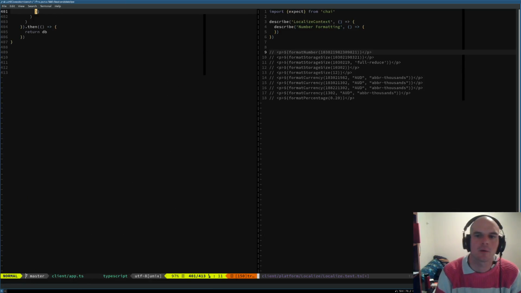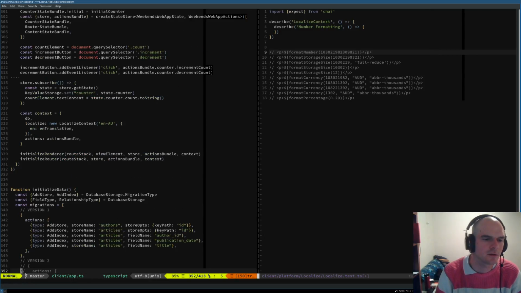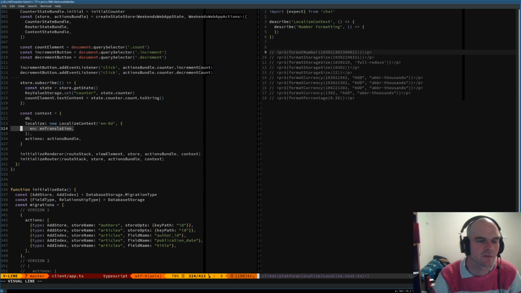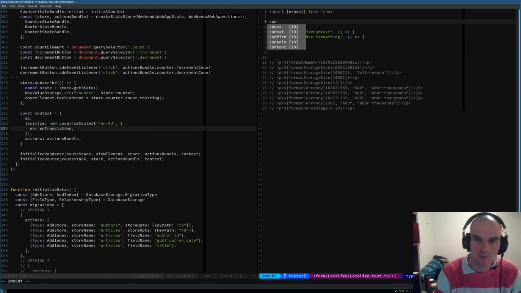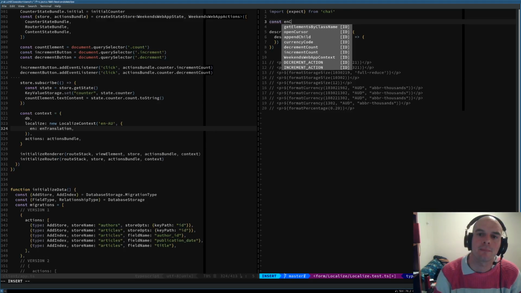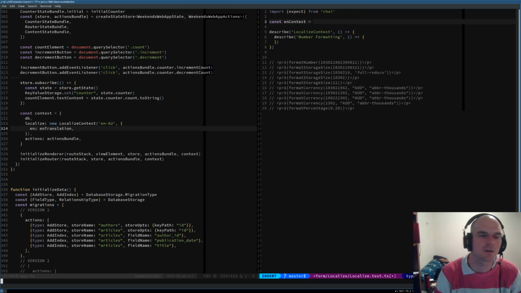Okay, we also need to create a localized context in here, so let me remind myself of the usage code for that particular concept. We don't actually have to provide the translations. It should be fine without the translations. It won't freak out. So we want to create an English context.